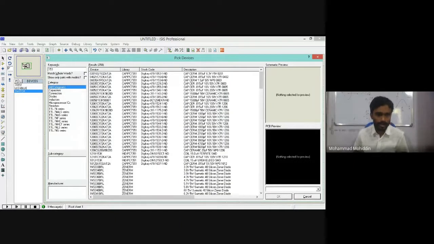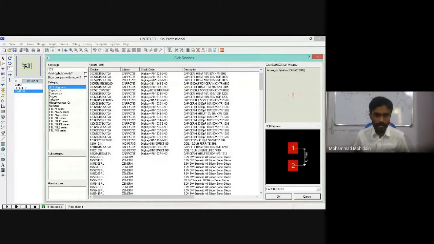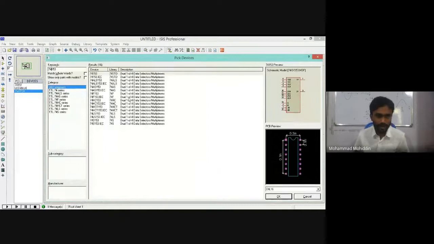Let me see how it is written, 74153. Yes, 74153 is there. You can see here, right? 74LS153. Many variants are there. I think we can take any one, not a problem.